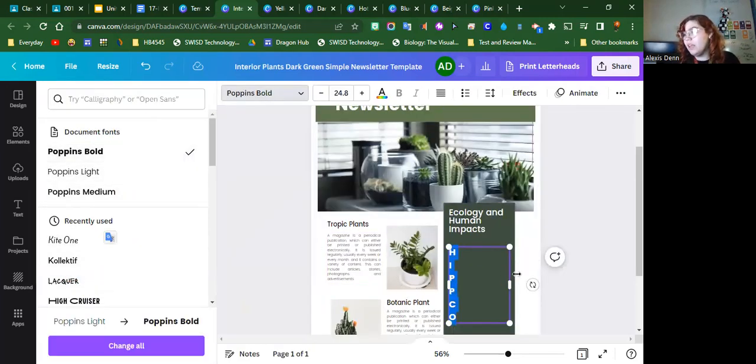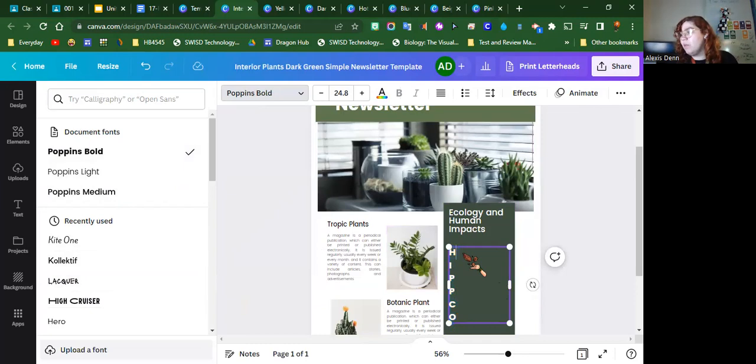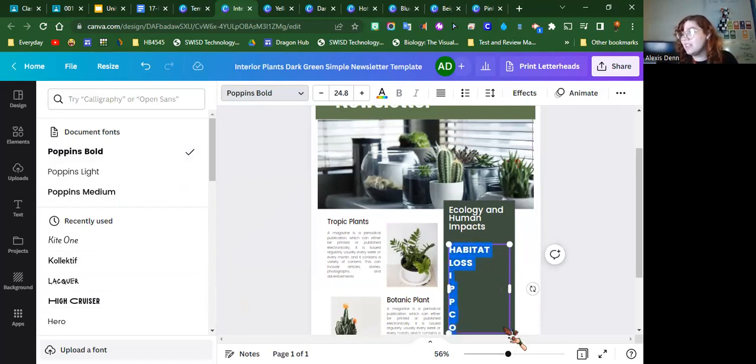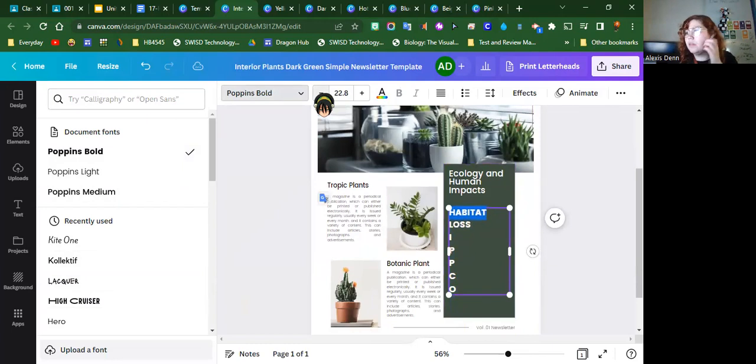Maybe I want to put something in here in bold, and now I can put habitat loss. Maybe I want to shrink that down. I'm typing, I see that it's not the size that I want it to be. Habitat loss, invasive species, pollution, population overgrowth,